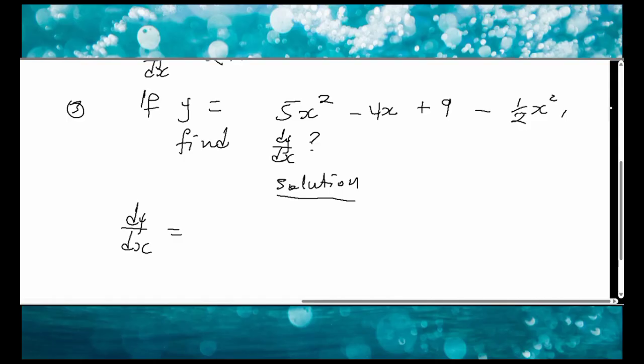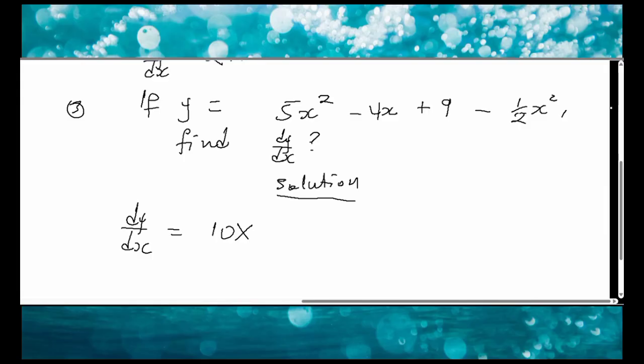So the derivative of the 5x squared, we're just going to multiply the exponent of this x, the 2, by the 5, and it is going to give us what? 10. Okay, 10. Then I write my x, and we decrease the exponent by 1, or we subtract 1 from what? The exponent. And 2 minus 1 is going to give us what? 1. So currently this x is raised to the power 1. So we're done with it. We go to the next thing. And the next thing we have what? We have x